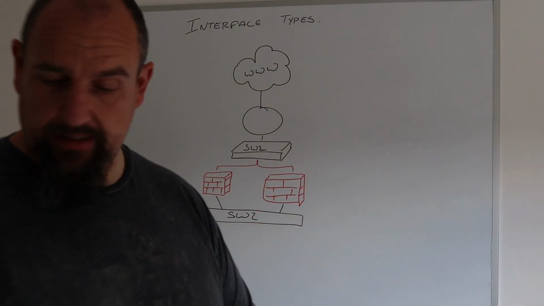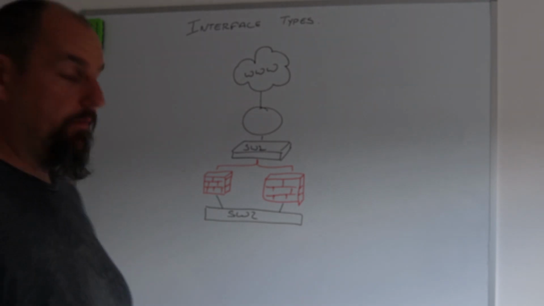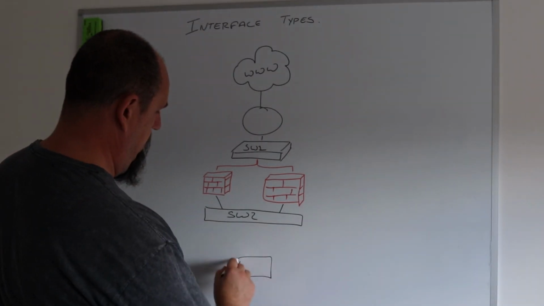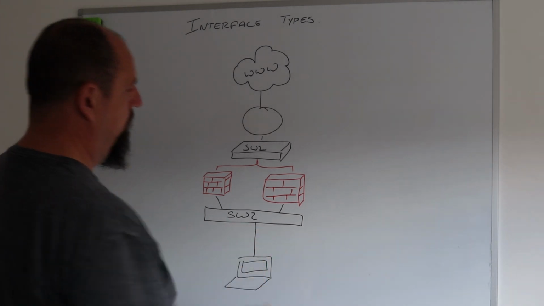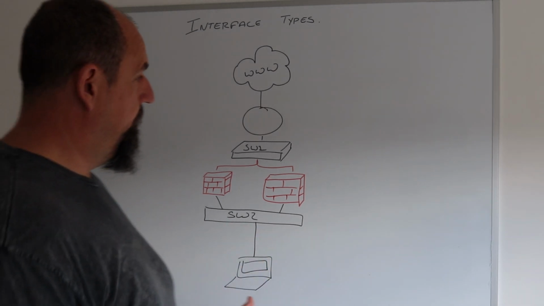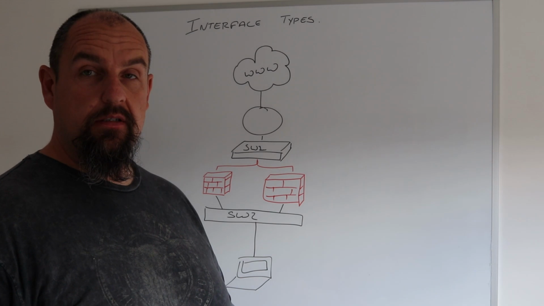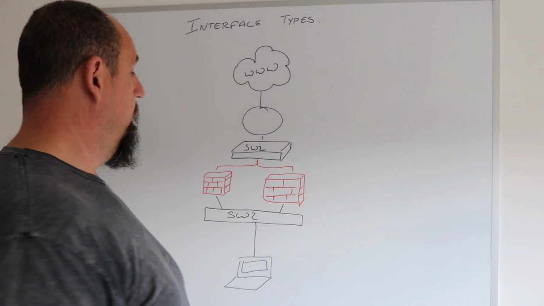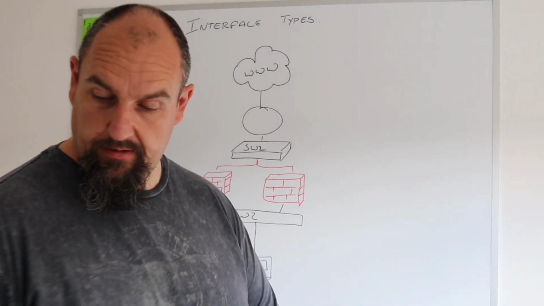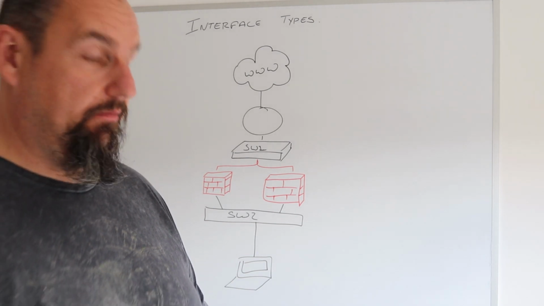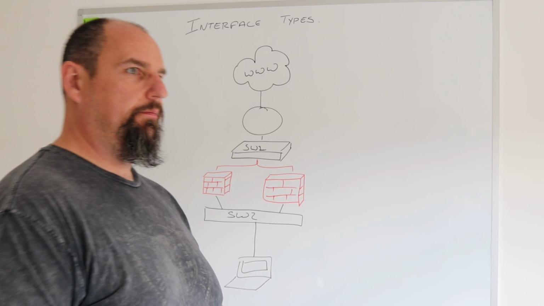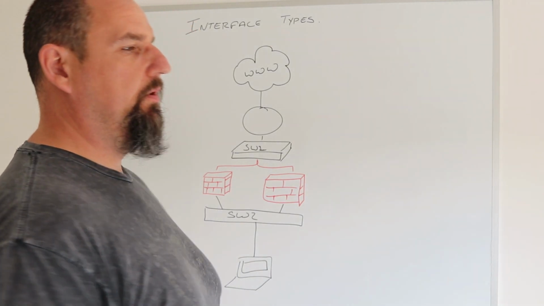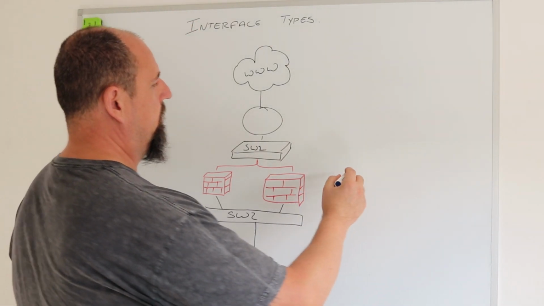Okay, so our traffic now is flowing from the host down here to the switch and going up there. But your guy there is not happy. He's not happy with the vendor that he's got. So what he wants to do is come in and say, right, I want a, I don't know, proof of concept. There you go, that's one use case. So on a proof of concept, you'd come in with your